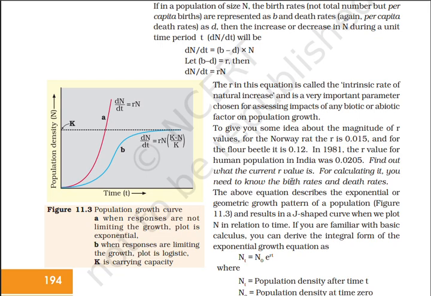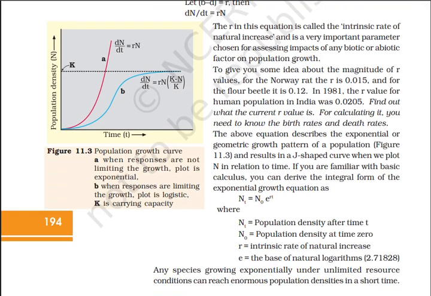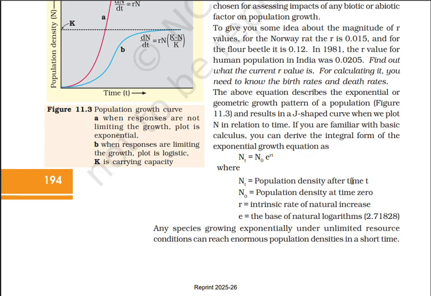Find out what the current r value is. For calculating it, you need to know the birth rates and death rates. The above equation describes the exponential or geometric growth pattern of a population, figure 11.3, and results in a J-shaped curve when we plot N in relation to time. If you're familiar with basic calculus, you can derive the integral form of the exponential growth equation as Nt equals N0 e^(rt), where Nt is equal to population density after time t, N0 is equal to population density at time 0, r is equal to intrinsic rate of natural increase, e is the base of natural logarithms,